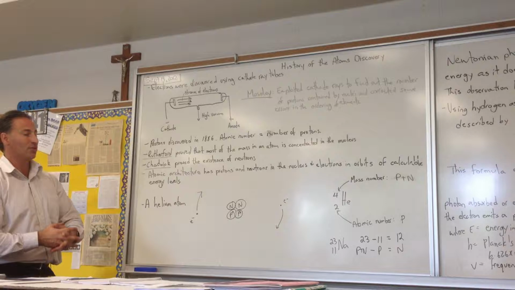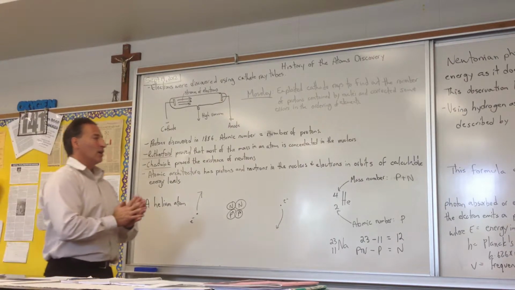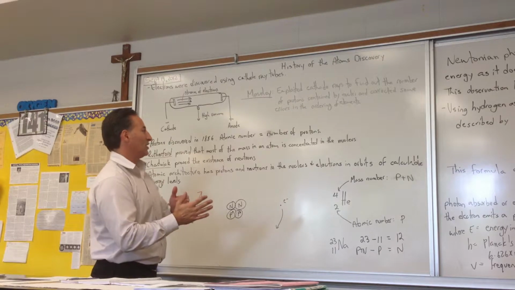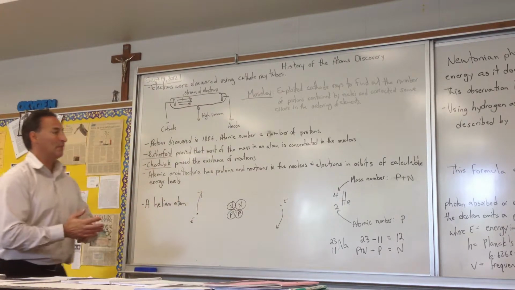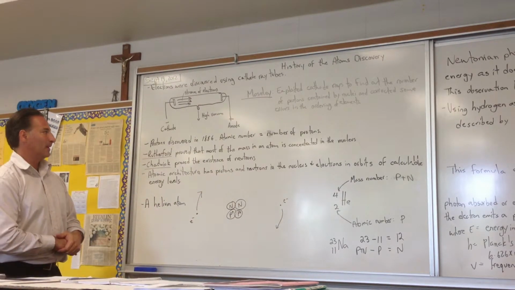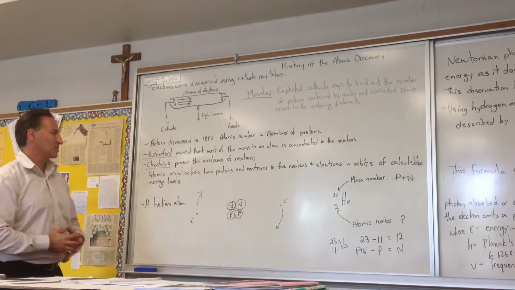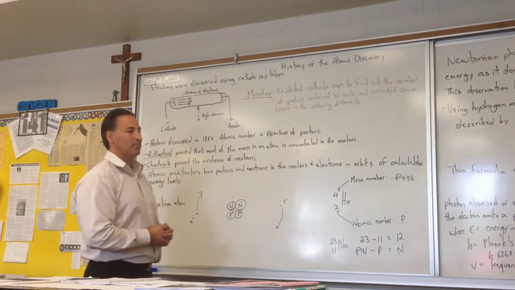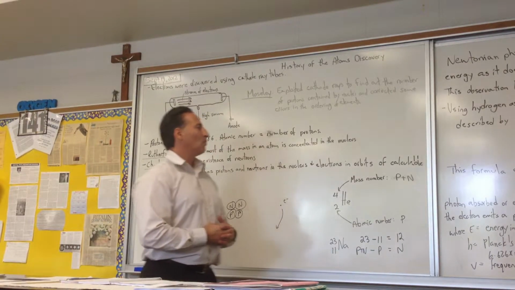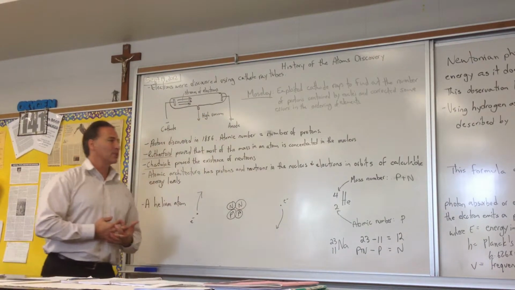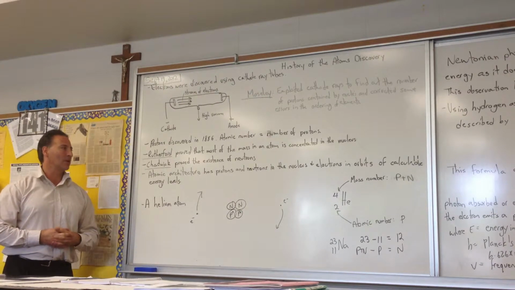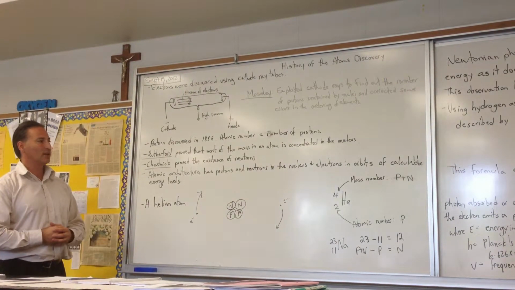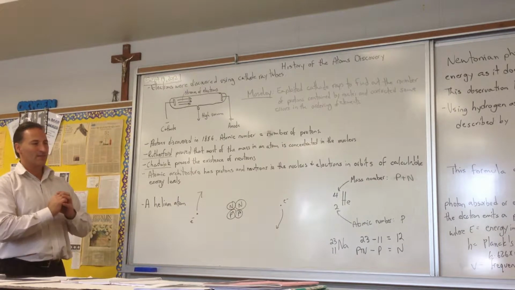98% of the radiation went through, but on the occasion, he would get a reflection of the radioactive particle. It would bounce off and come almost straight back. And his characterization of that was to say it was like firing a howitzer at a piece of tissue paper and having it bounce off. What he finally concluded from his experiment was that most of the mass of the atom was concentrated in a very small nucleus